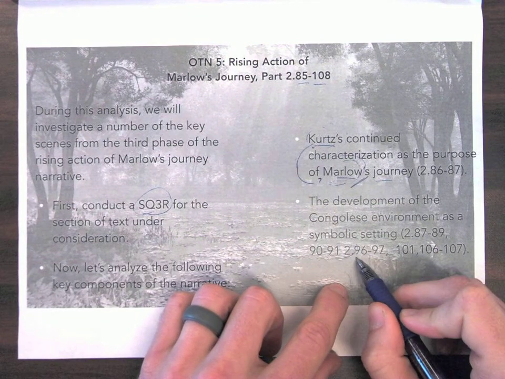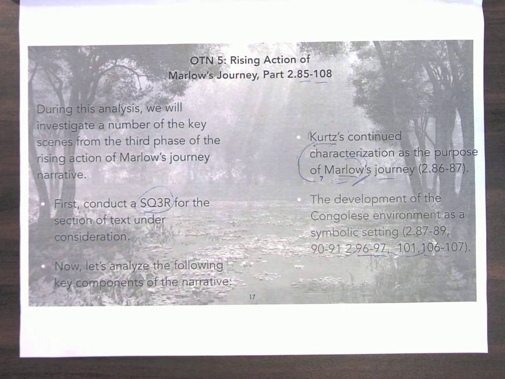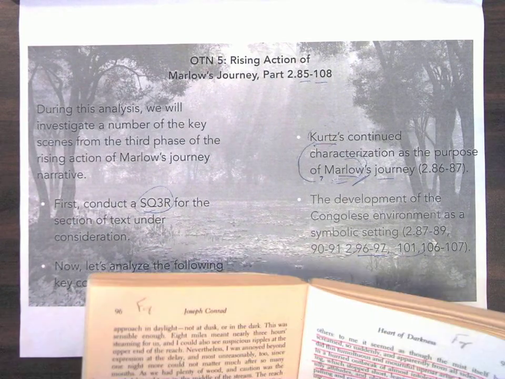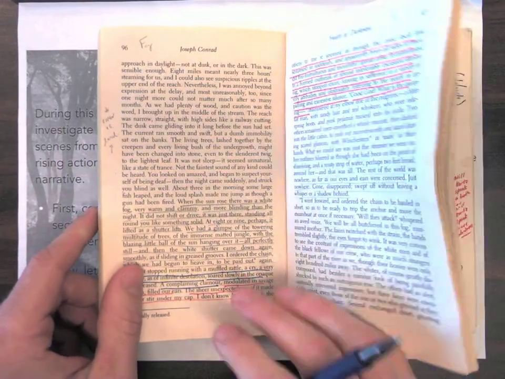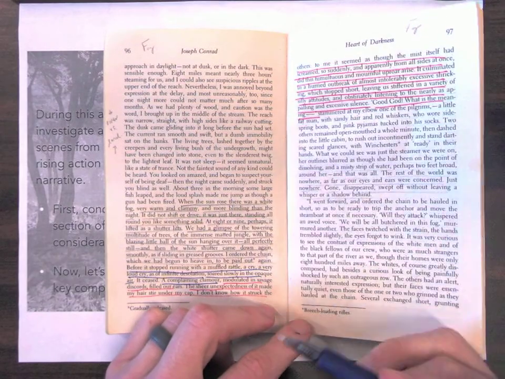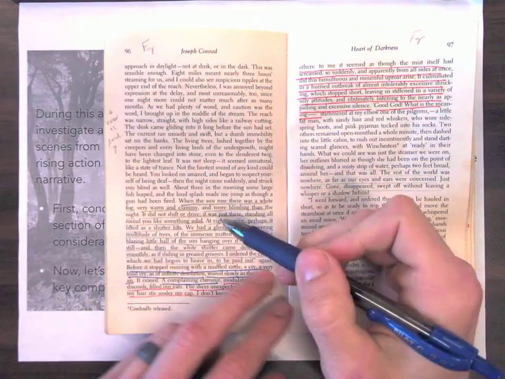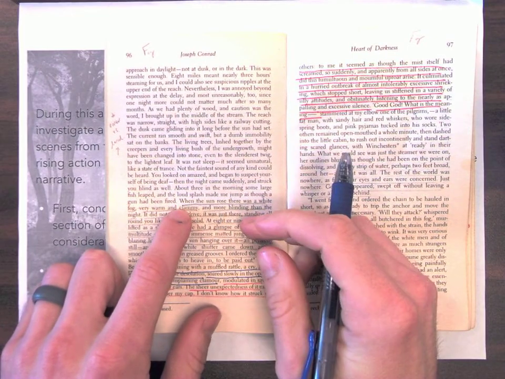Okay, so these impressions are deepened and developed by the following pages. Part 2, pages 96 and 97, page 101, and page 106 through 107. So that's what we're going to look at quickly today. If you turn in your text to page 96, I know it's kind of tricky to see on the document camera, but you can follow along with me.